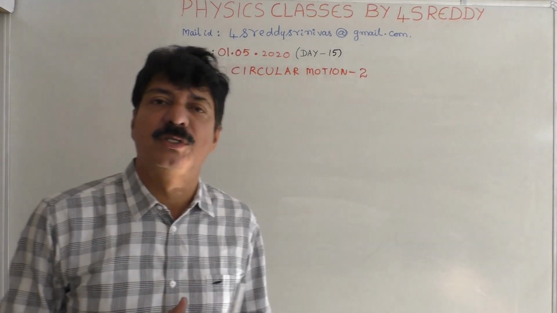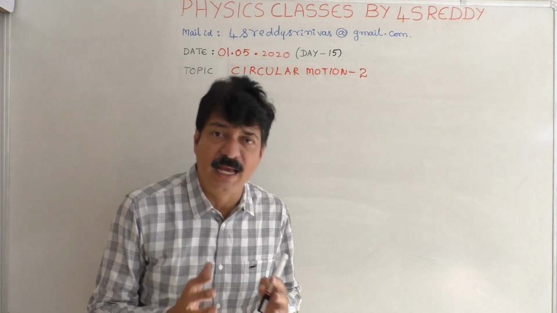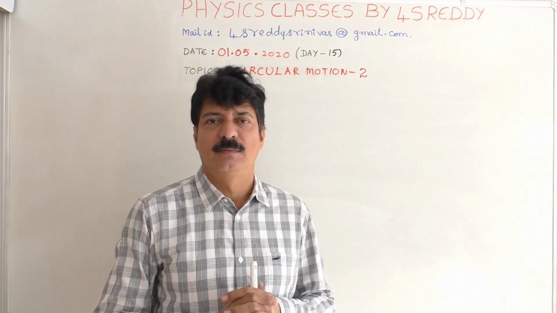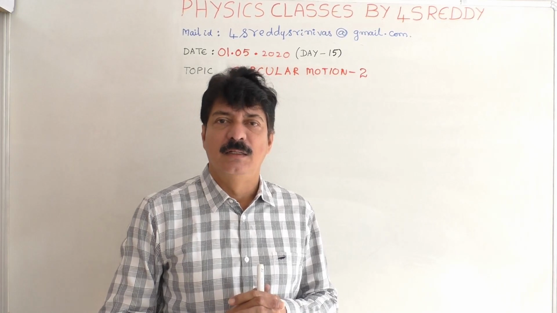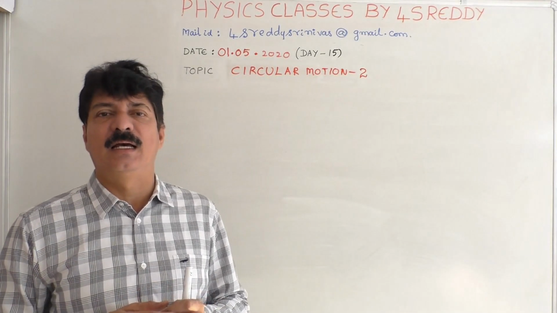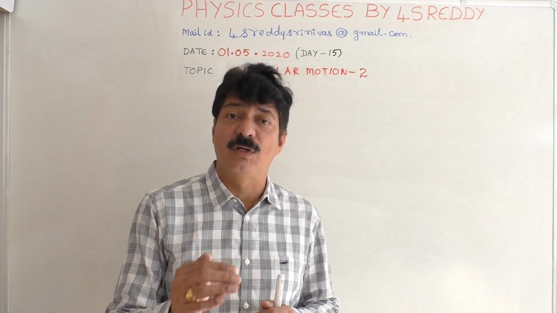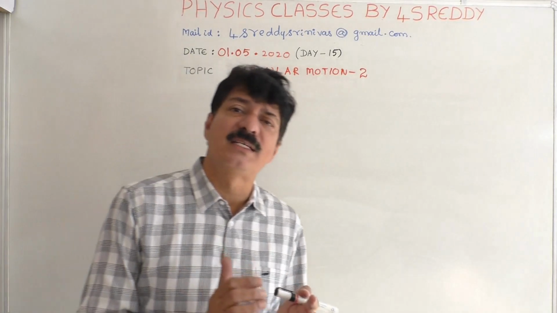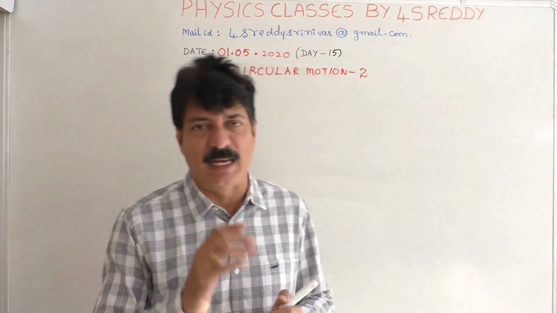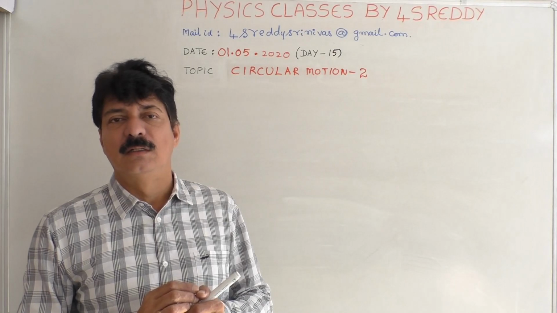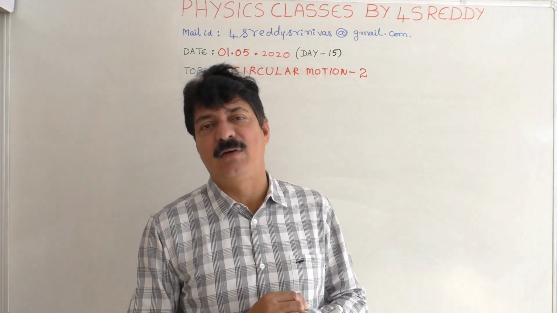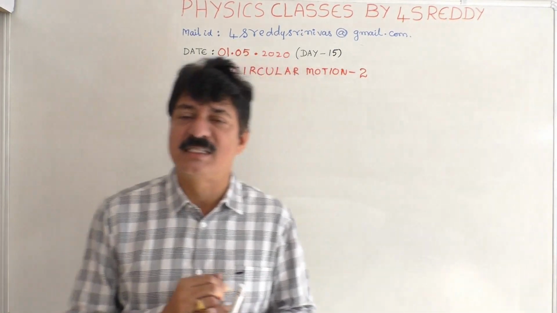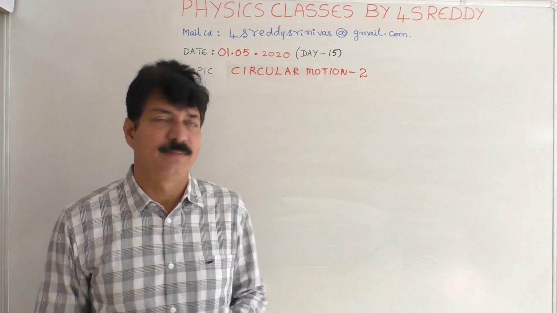According to Newton's third law, for every action there is an equal and opposite reaction. Thereby, the force that is directed toward the center is the centripetal force, that is the force exerted by the nucleus on the electron. In turn, the electron will also exert an equal and opposite force. That is called the reaction force, which is nothing but centrifugal reaction.